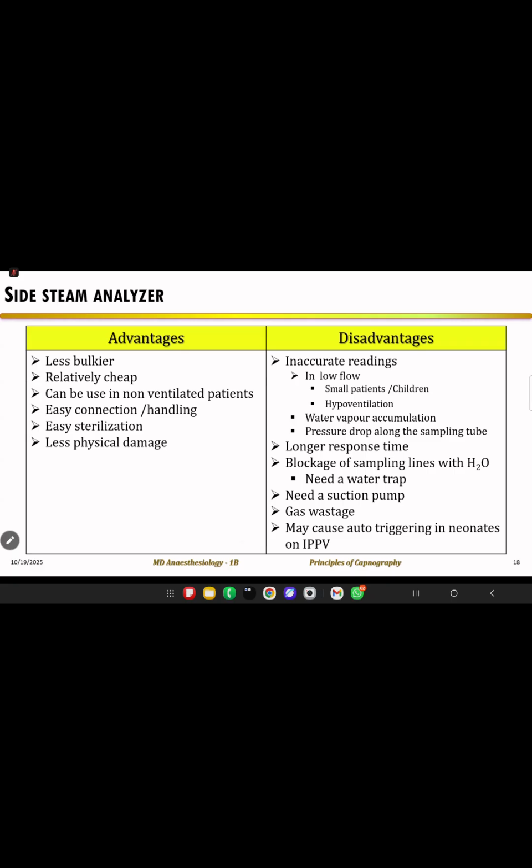And the advantages of the side stream analyzers: they are not bulky at all. They are relatively cheap, and they